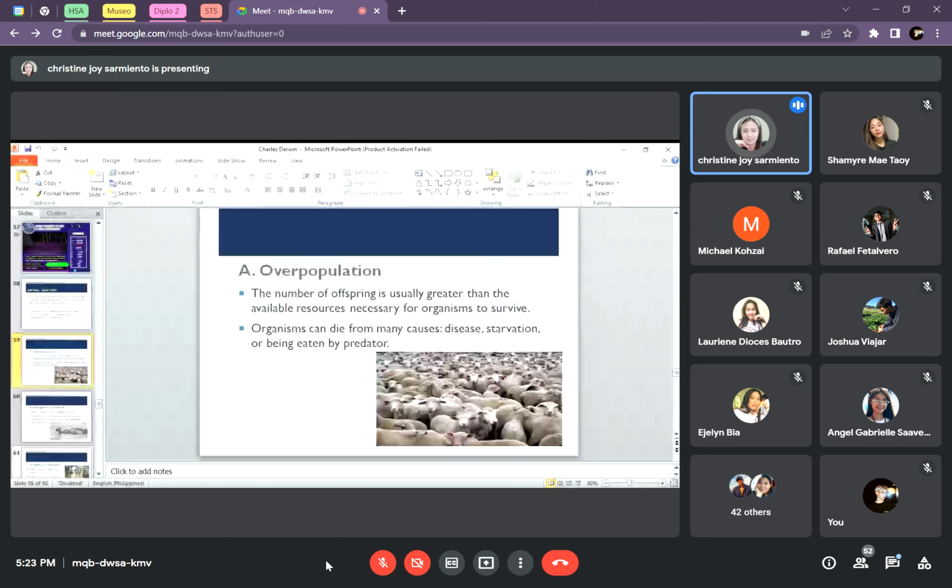Remember class, na isa sa mga nag-influence ulit kay Charles Darwin, bukod po sa mga diniscuss na natin last time about Charles Lyell, if you can still recall him, aside from Alfred Wallace, diba? Another individual who influenced Charles Darwin is Thomas Robert Malthus. Okay, Thomas Malthus with his Malthusian theory, which actually states that